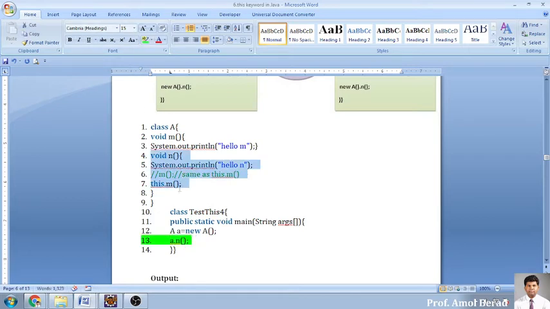It will be executing this part, and during this execution we will be calling the m. So m will be called automatically, because here I am not using a dot m. This can be replaced by directly calling the this keyword. So internally there is an object creation, and that will be calling the function.